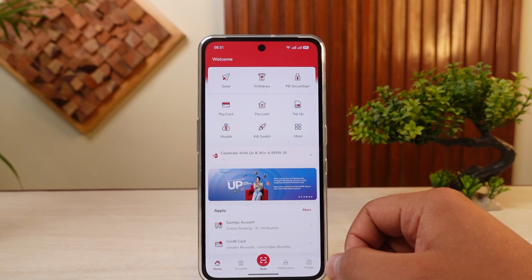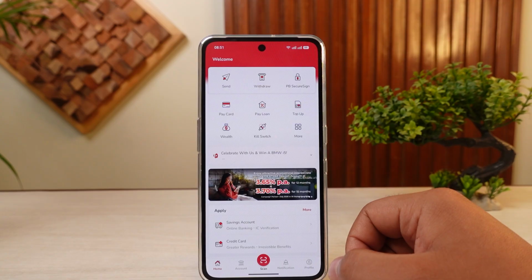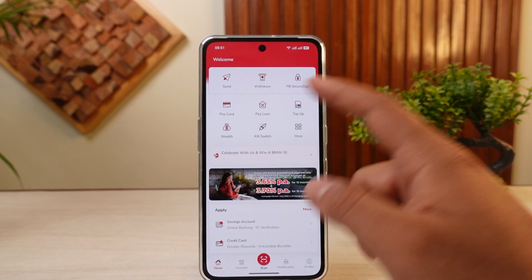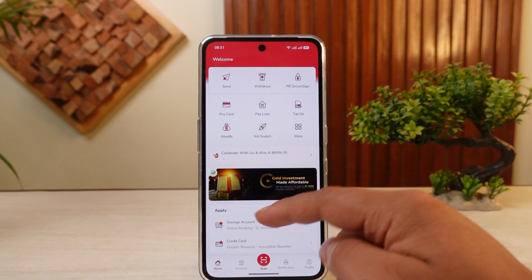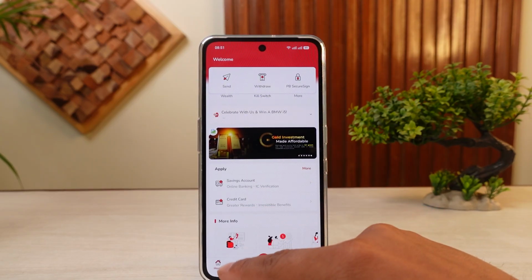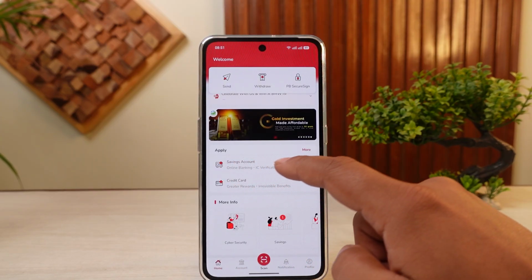In this video, let me show you how to open a public bank account online in Malaysia. Now, in order to do this, you need to download the application of a public bank onto your device. And once the application has been downloaded, on the home screen, you're going to see the option called Apply being